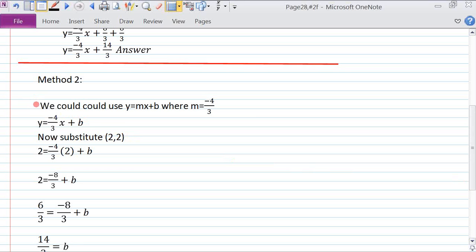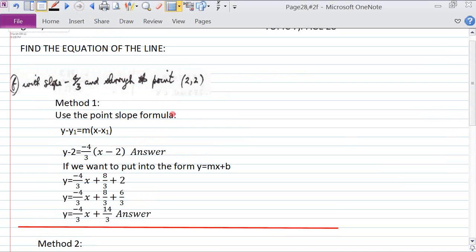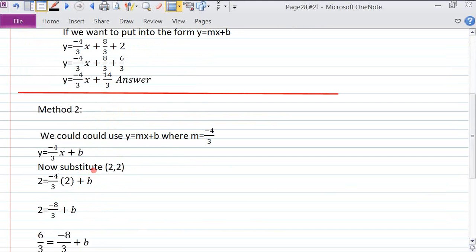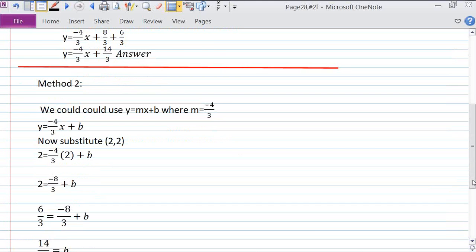Now, we could also do this by using mx plus b directly. In other words, let's start with y equals mx plus b. We know that m is minus 4/3. How do we know that? We were given that. So now what we do is we substitute the pair into there, 2, 2. For the x, I substitute 2. And for the y, I substitute 2, because we know that when x is 2, y is 2. I put the 2 here, I put the 2 here, and solve for b. And when I solve for b,